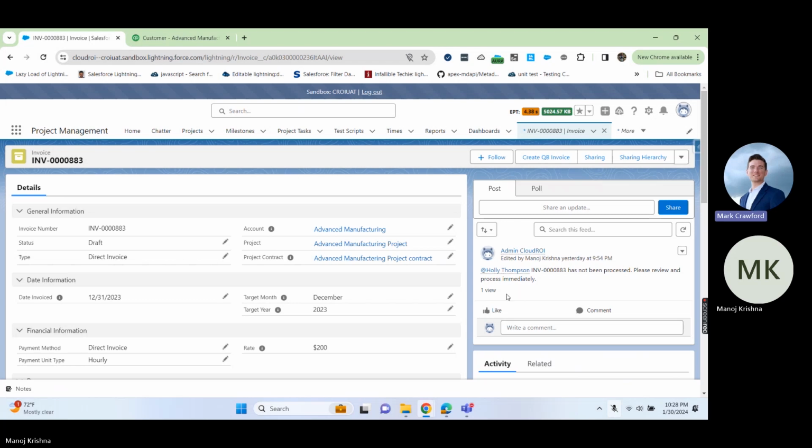So taking a look at the general information to the left of the invoice. We have some basics around what account this invoice is related to, what project and project contract it is under, and the statuses of that invoice. Because this invoice is in the status draft and it stayed in that status for too long, that's why we received that chatter notification. Looking further down the page, we have the basic date information: what year and what month was this invoice targeted for, and what date should it be invoiced and sent out. So it should have been sent out on the 31st. You can see we're about a month past that,